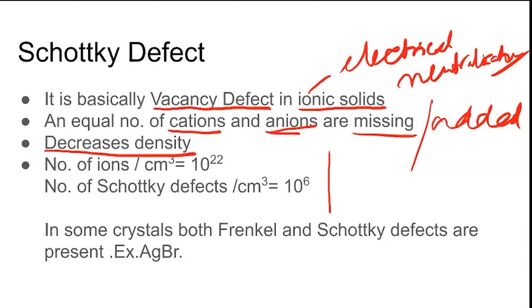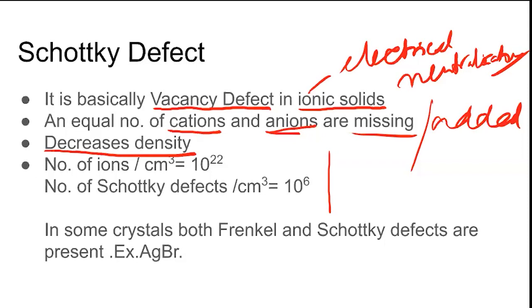If equal numbers of cations and anions are added, then what kind of defect is that? That is also a Schottky defect? I don't know, there might be a different term. I have to check whether some different term is there or not. But a Schottky defect, basically, is when cations and anions are missing. That's what we call a Schottky defect. What I think Karthik is asking is whether adding cations and anions is also called a Schottky defect or some other name. That I have to check up. I'll let you know.